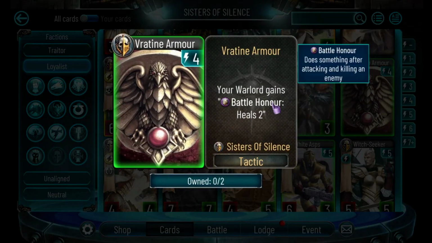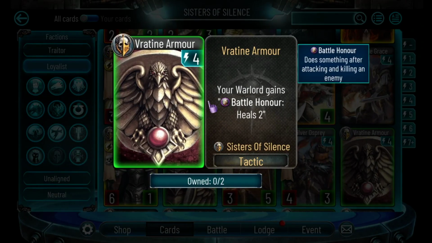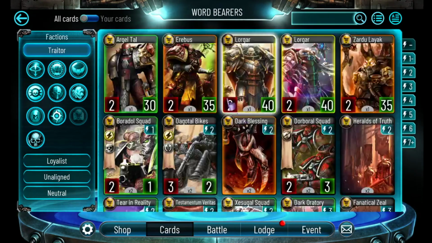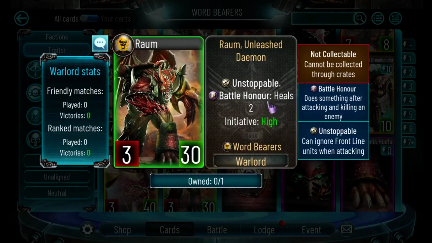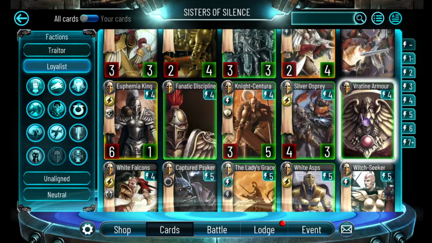Raytine Armor. Your Warlord gains battle honor, heals 2. Oh yeah, there's 2 Warlords who are probably going to be attacking a lot, Amandera and Genesia, and being able to heal yourself when you kill stuff is very useful. That's obviously Raum's party trick from the Word Bearers. Where's Raum hanging out here? So at the bottom. Oh, did I miss Raum? Huh. Where did Raum go? Hey, I guess we don't get to see. Oh, there he is, Raum. Alright, so Raum has that battle honor, heals 2. Always puts it to good use, and I'm pretty certain, therefore, that the same effect coming for Sisters of Silence